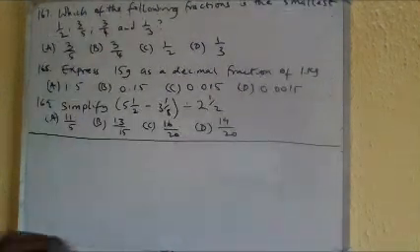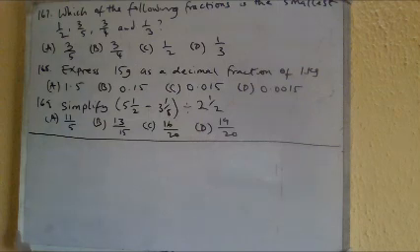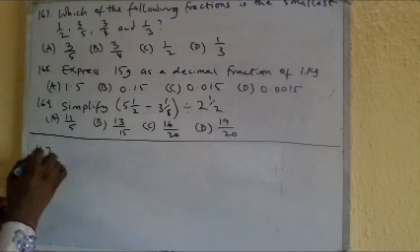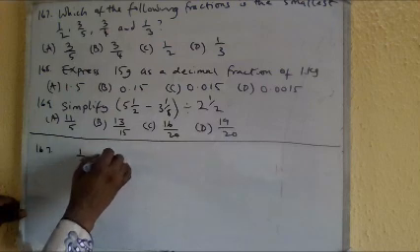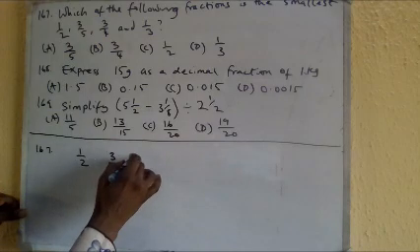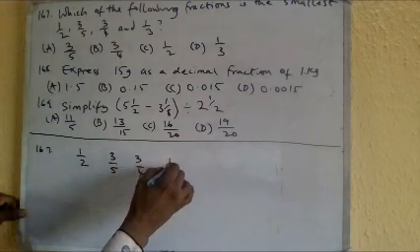Okay, so we have these questions on the board. It said, which of the following fractions is the smallest for 167? So number 167, I have 1 over 2, 3 over 5, 3 over 4, and 1 over 3. Okay, so for the smallest one,